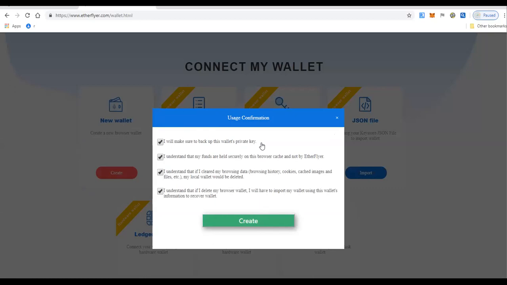So make sure that you do that. I understand that my funds are held securely on this browser cache and not by Etherflyer. So make sure to do that also. I understand that if I cleared my browsing data, browsing history, cookies, caches, images, and files, my local wallet would